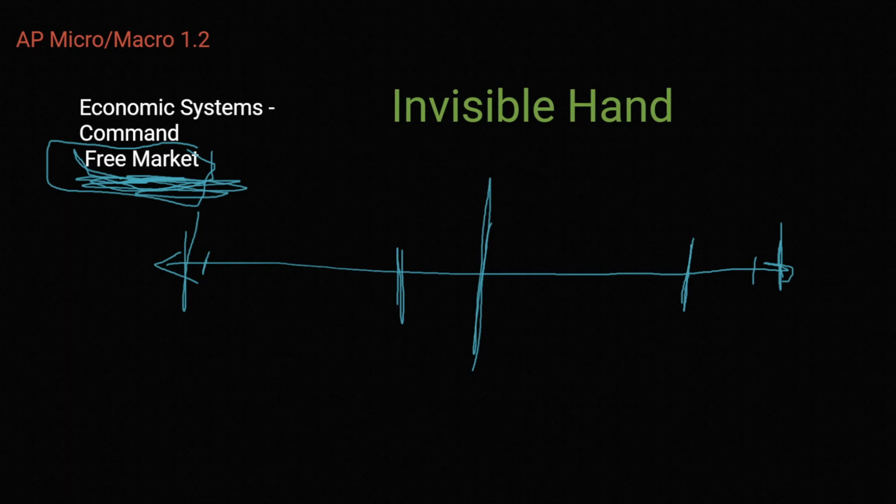This is the idea of the invisible hand of capitalism. If society wants cell phones, then people who are interested in profit will start creating cell phones. And then they will start selling cell phones and making money. And then other people who want money will see that this company is getting money from creating cell phones. And they're like, I want to do that too. That seems to be making a lot of money.